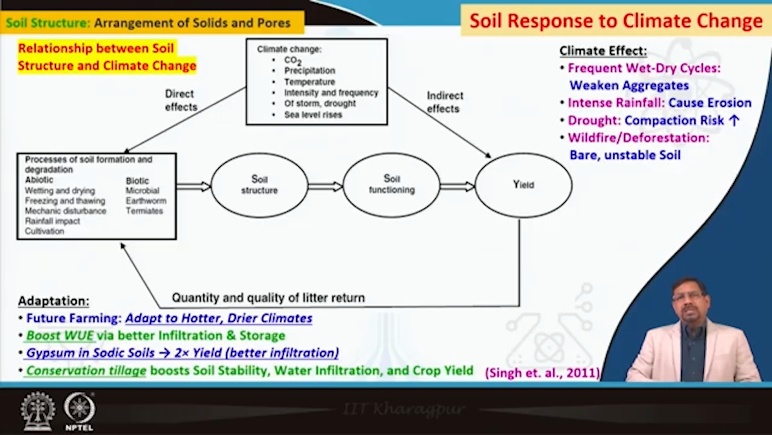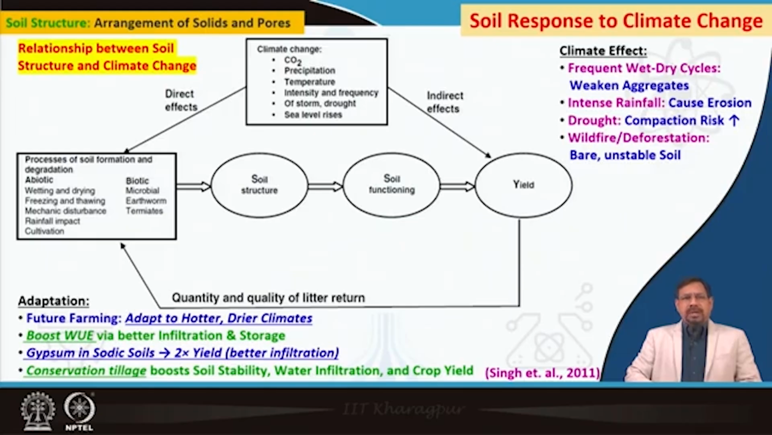Frequent wet-dry cycles weaken aggregates, and intense rainfall causes erosion, drought brings a compaction risk, and wildfire and deforestation expose the forest to a bare soil situation, leading to unstable soil. So, with respect to this understanding of the relationship between soil structure and climate change, what are